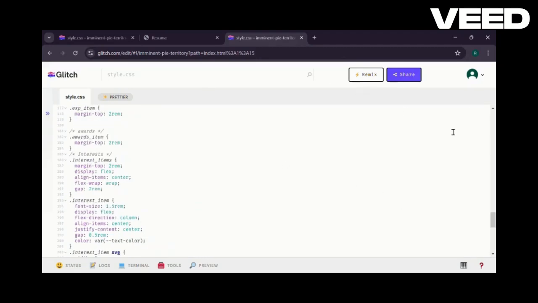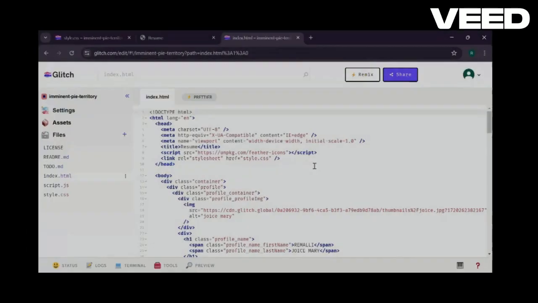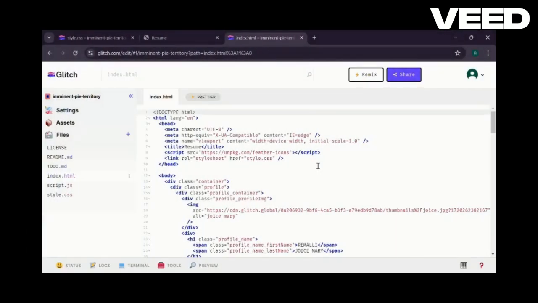So in this way, we create a good resume. And here comes the index.html one. Here we use doctype HTML, which declares the document type and version of HTML being used. And the HTML lang equals en tag is the root element of an HTML document. The lang attribute specifies the language of the content. Here the language used is English, so lang equals en is used.